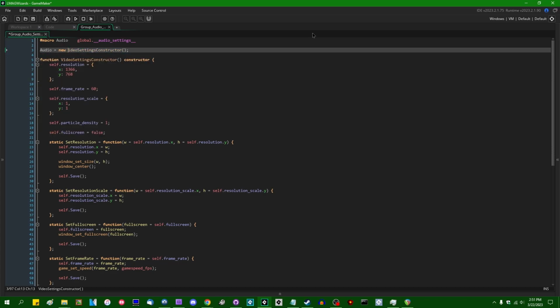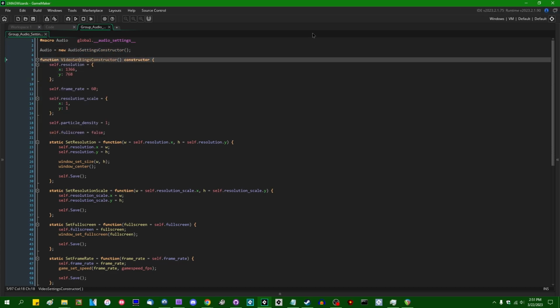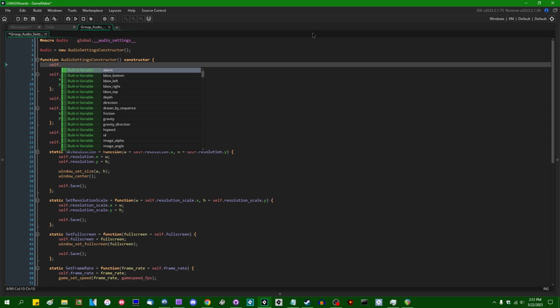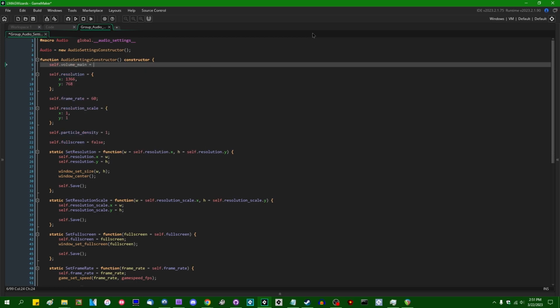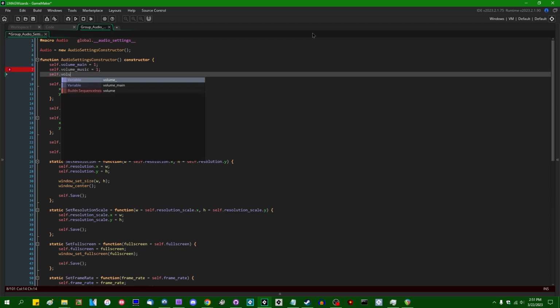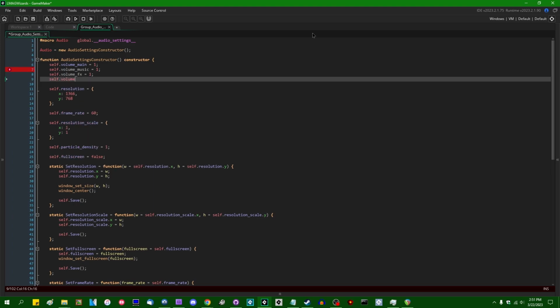We have an audio singleton-like object. And instead of keeping track of things like resolution and frame rate and whatever, I'm sure there's going to be more later, I can say instead self.volume main is going to be 1 for 100%. Music can be 1 for 100%, self.volume effects can be 1,